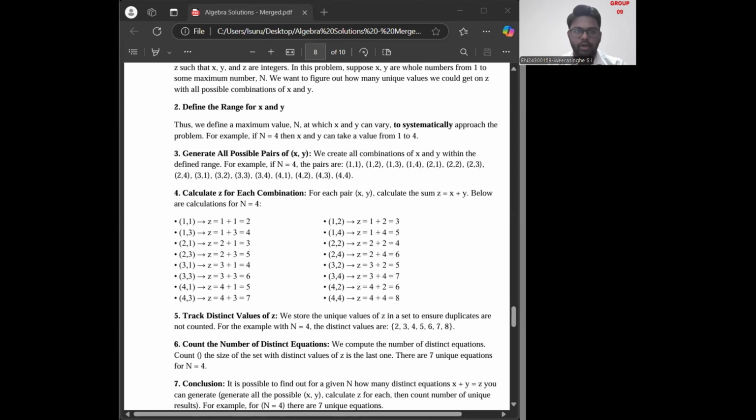Today, we will learn how to count distinct equations in the form x plus y equals z. Here, x and y are integers ranging from 1 to n. The goal is to find how many unique values of z we can get. Let's take an example where n equals 4. The possible pairs